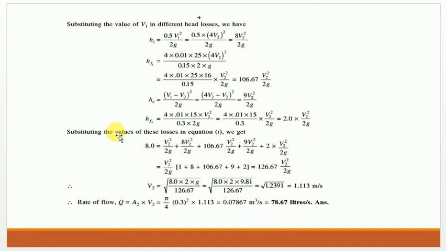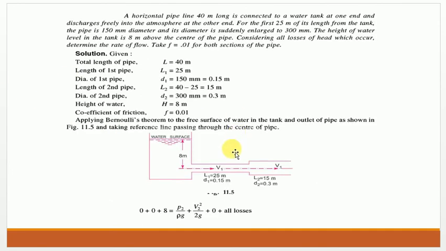Hope you have got some idea about the different losses in a pipe. Even if you have another pipe, for reduction in area we have to consider the third one: head loss due to sudden contraction and head loss due to friction in pipe 3. All this consideration you have to keep expanding. If you have another tank, the pressure will be the same, and again we'll have a datum at section 1 and at section 2.